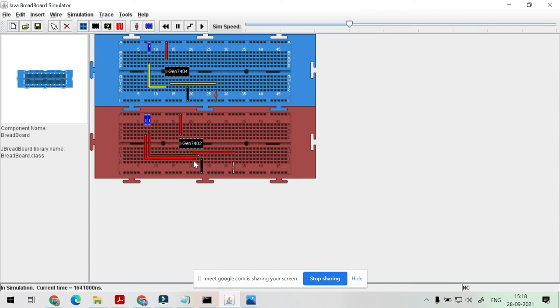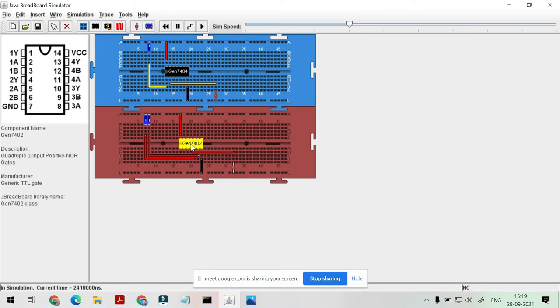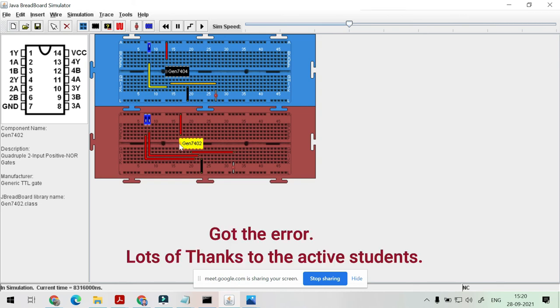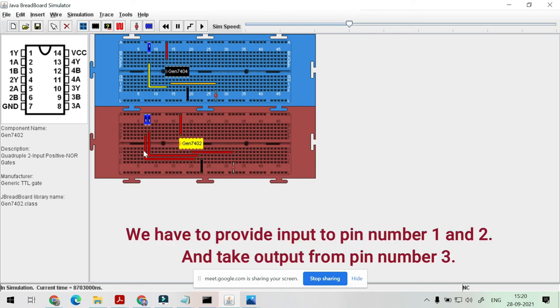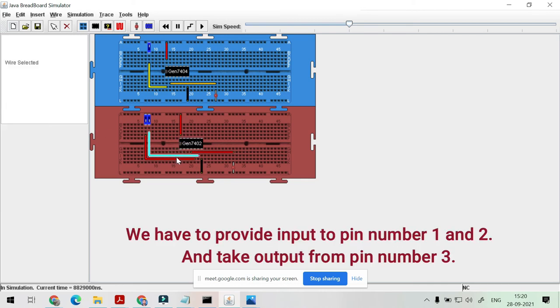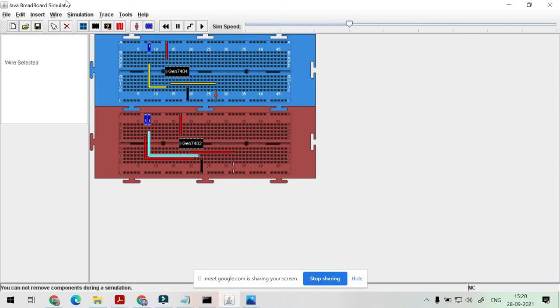Similarly, you can try for this NOR gate, where I think we have made some mistake here. So we have to properly insert this wire. In this wire only we have to take care at which pin we have to insert. So there is I think some error in this configuration. I think you can check it. See, we'll check it here also itself. Set this.